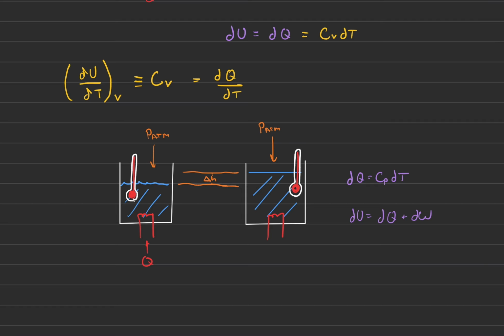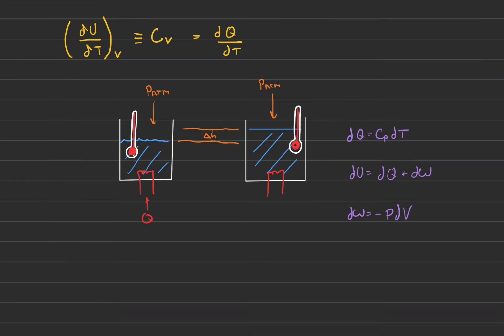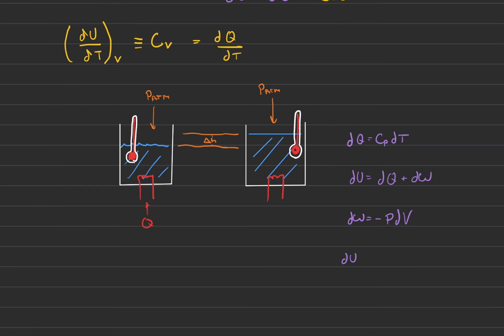We know dW is no longer 0 because work's now been done on the environment. And what do we learn about work from the last lesson is that work is going to be equal to the negative pressure as a function of volume times the differential change in volume. Right? So, plugging all that in, you end up with